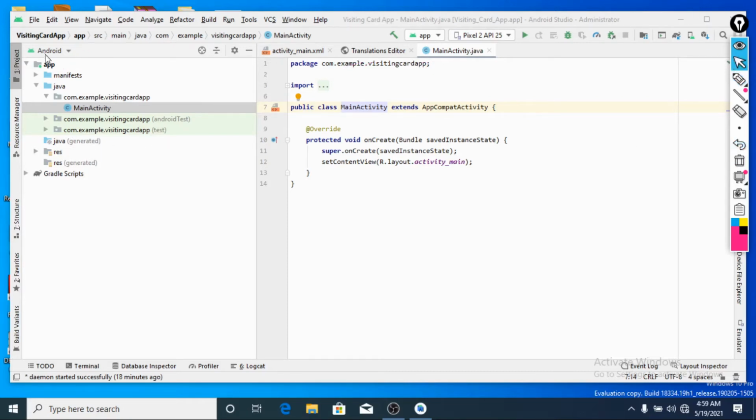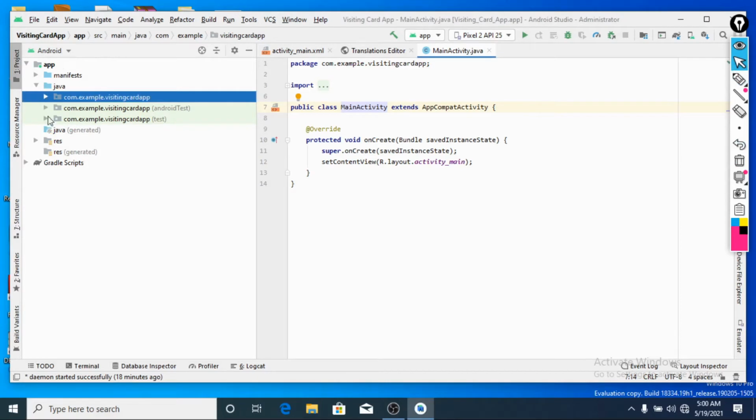Now the second very important one is resources. Please come into resources. There are four subfolders: first is drawable, second is layout, third is map, and fourth is values.